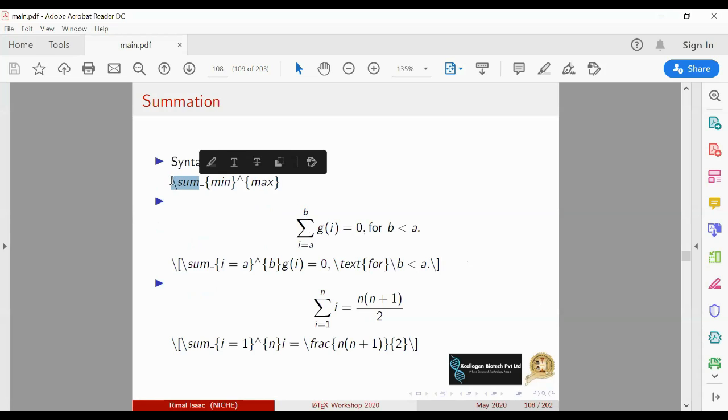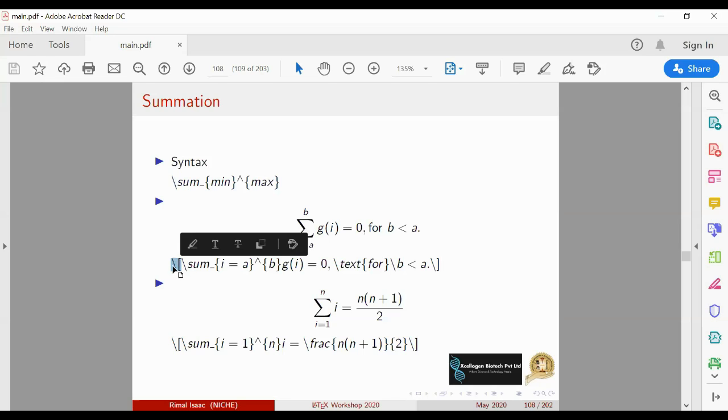So if you put /sum underscore, you have the minimum and maximum. The minimum will come at the lower part, and if you put something with the above symbol, it will come to the maximum part. If you want i equal to a to b, you put /sum. Here, instead of dollar symbols, they have put square brackets, which is also allowed.